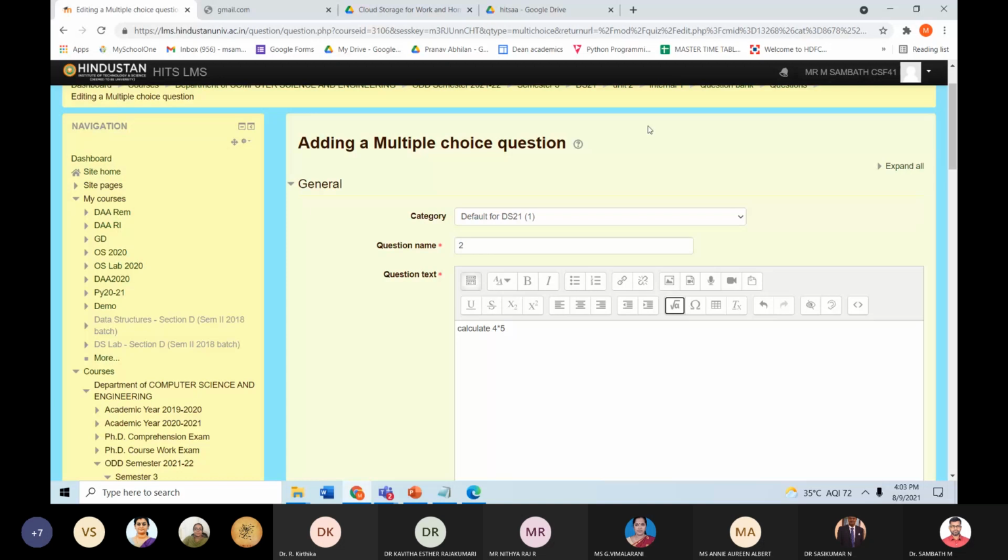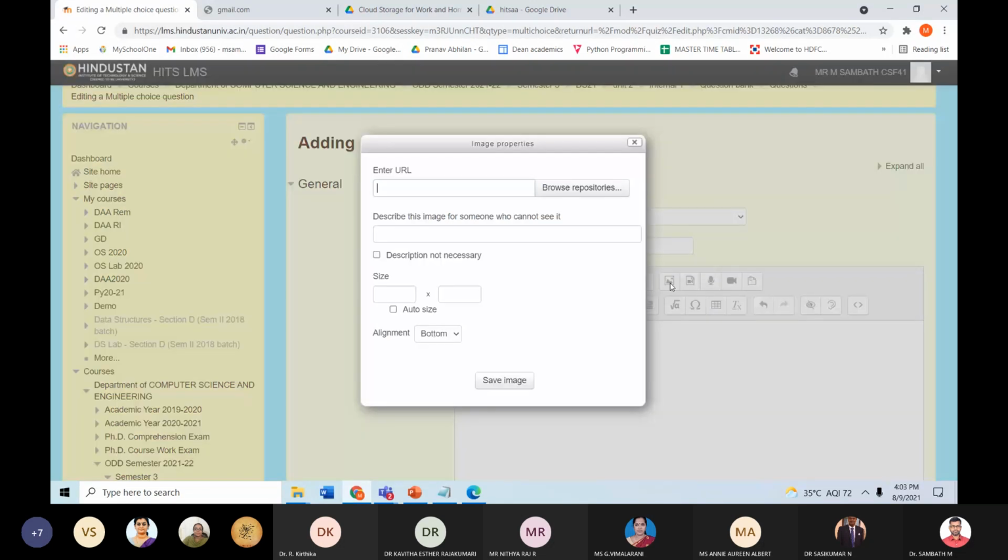Okay, sir, but all these options are not enough, sir. Otherwise, the better thing you can do is you can make it as an image. You can do it in MS Word itself. You can make it as an image and you can upload the image here. See here, there is a button called insert or edit image.